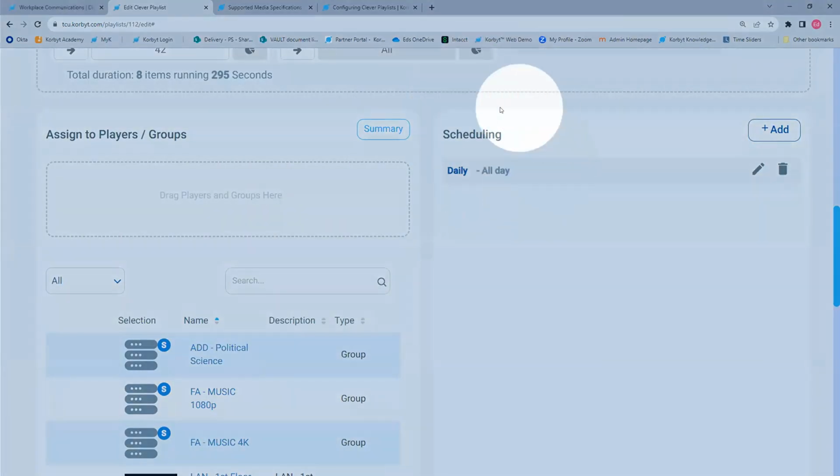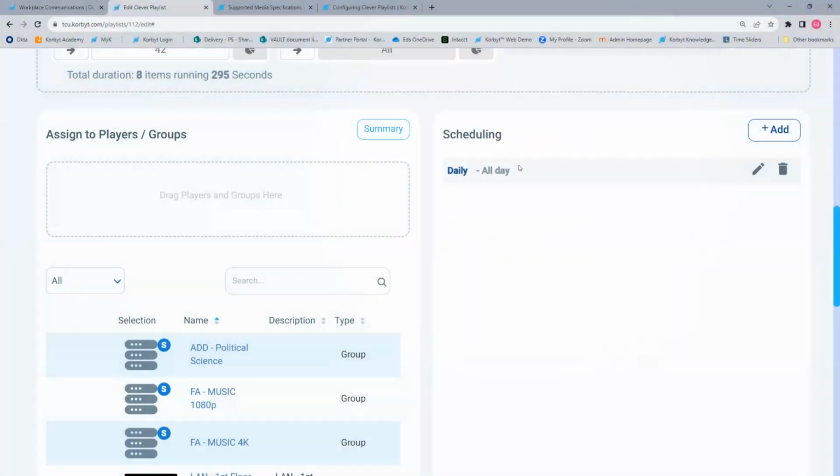Playlists can have detailed schedules as well. The players can receive multiple playlists. So you could, if you wanted to, have multiple playlists that play on different days.